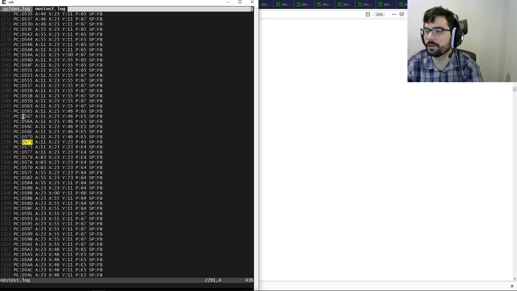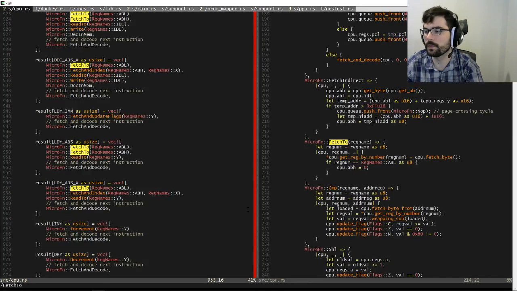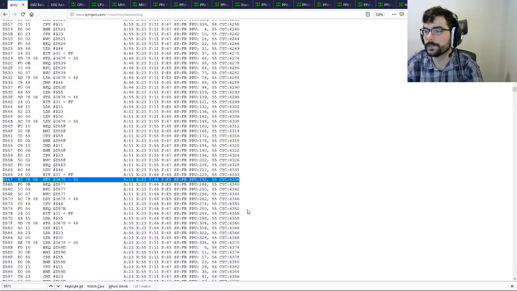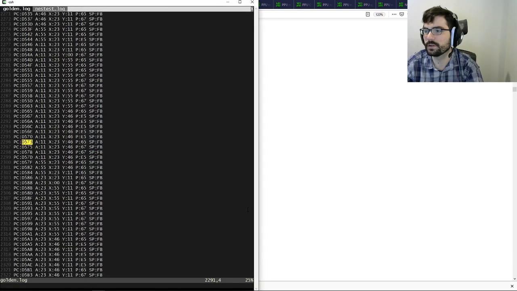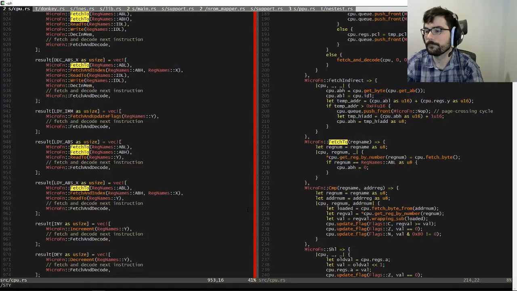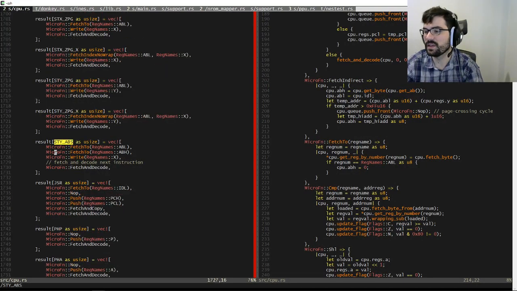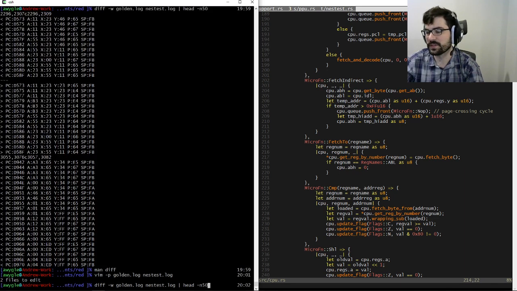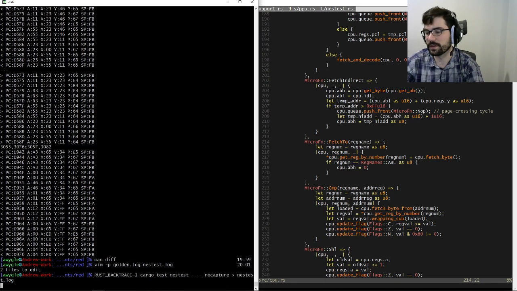So either we're addressing the wrong address or we're not storing correctly. So let's look at STY. What is that? STY absolute, I guess. Is storing register X. Cool. I should probably just go through and make sure that all the functions actually write to the register they claim to write to.